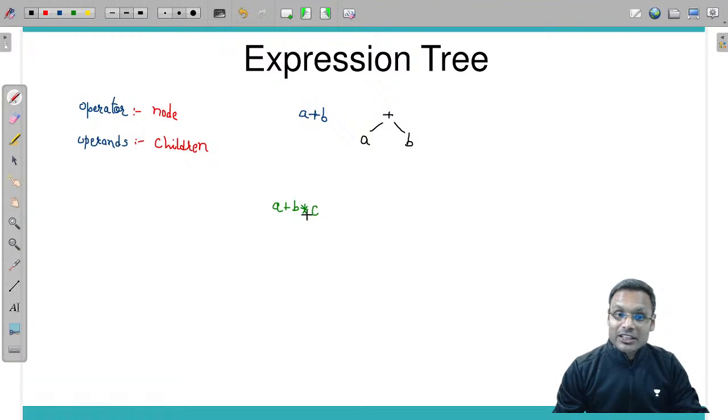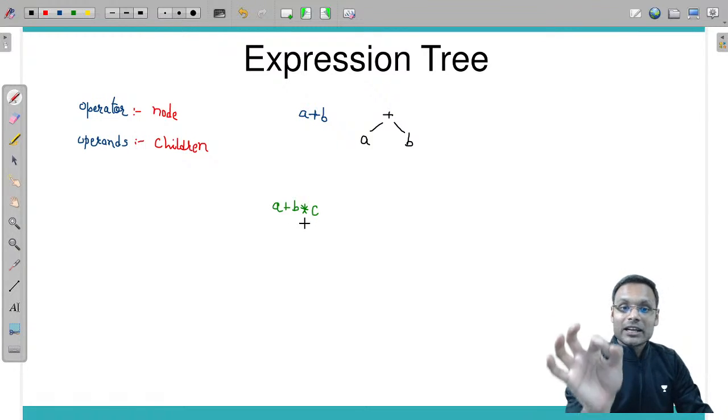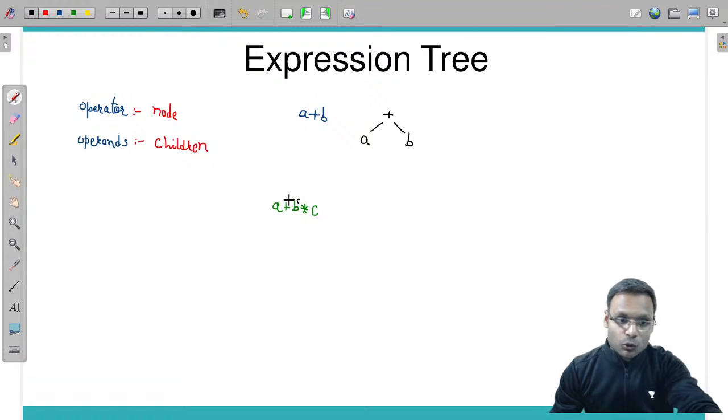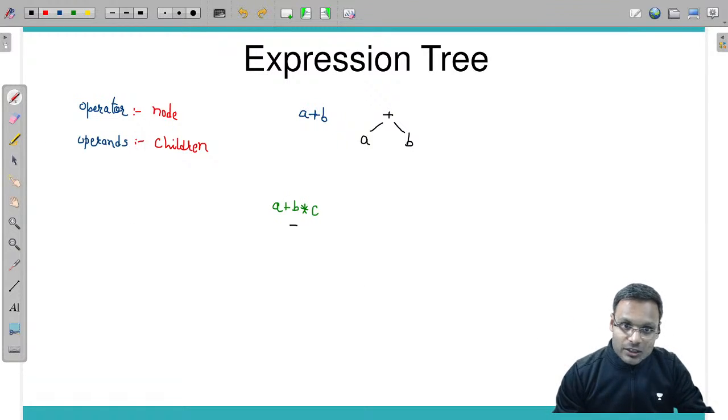If you solve multiplication first, draw the multiplication's expression tree first. So what you need to do is draw the tree for this b into c first. How do you draw? Multiplication is the operator, left operand b, right operand c. If you have solved this one, it's very simple now that this b into c result becomes the right operand